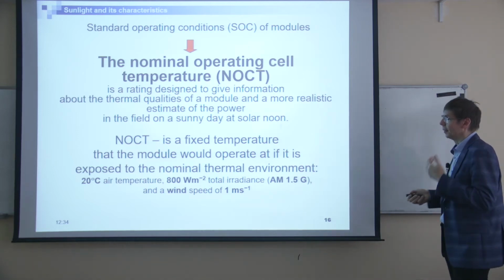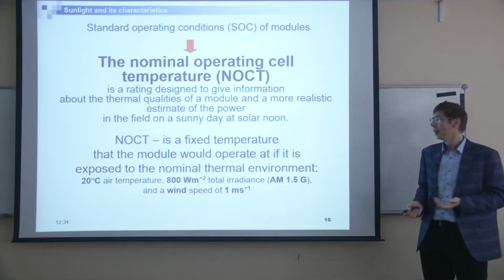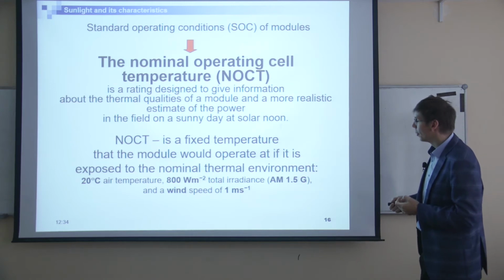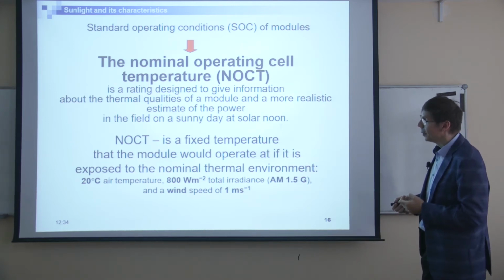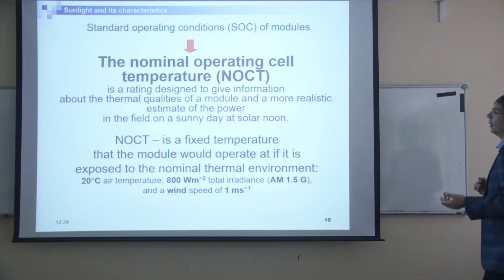The intensity of solar light is not 1 kilowatt, it's only 800 watts per square meter. And there is some specification of the wind speed, but